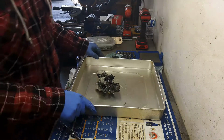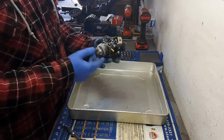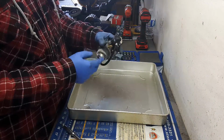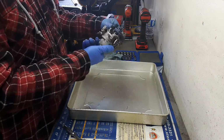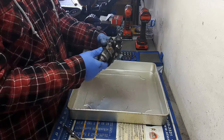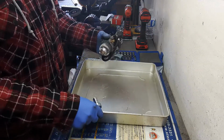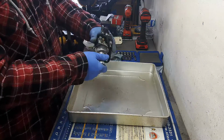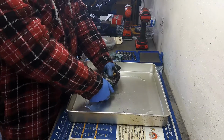So in today's video, I'll show you how to clean a Kohler style or even a Honda style carburetor. This is off of a Toro recycler push mower, and the first thing I'll do is